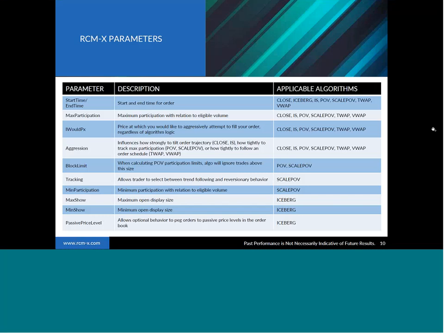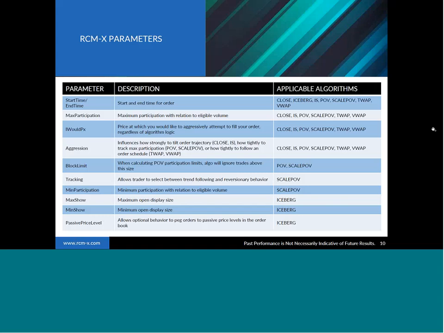And the POV strategy, we mentioned that one of its drawbacks is it's playing catch-up with the market data, and that it's allowed to trade quantity based on the amount of volume it's seen in the market data. One way to help minimize the negative consequences of playing catch-up with the market is to set a block limit setting. And what this does is it says if we see a trade print in the market data above this size, we'll ignore it for the sake of calculating the volume participation rate.